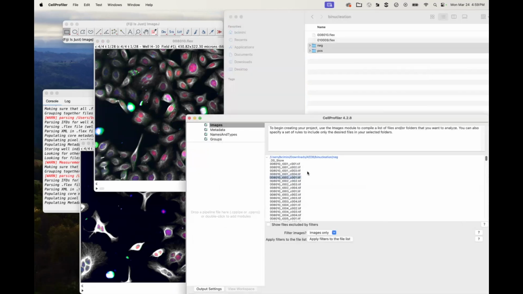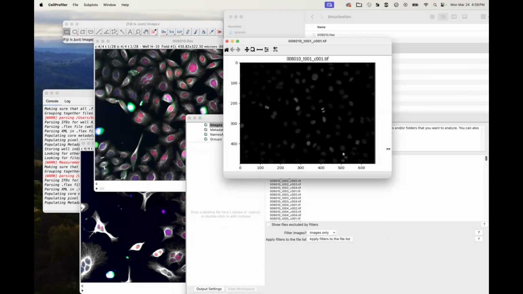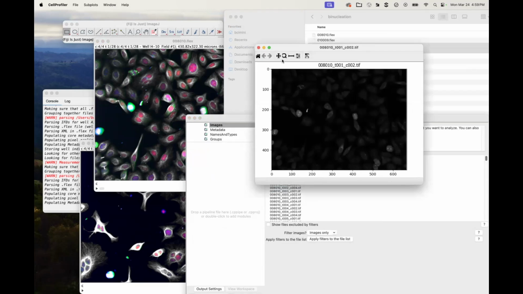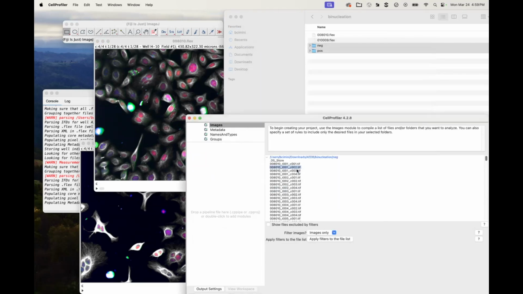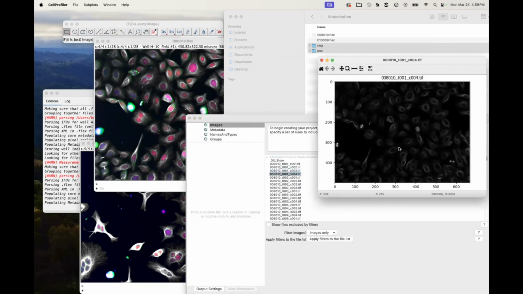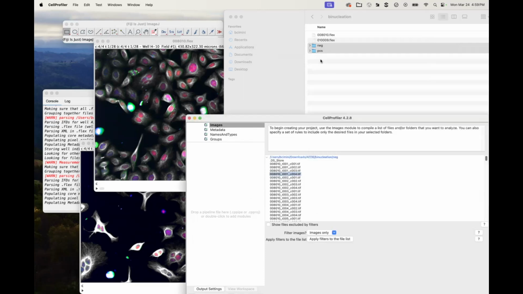So here I've dragged and dropped these in. We now have all of our individual things. I can click on each one, and there's our channel 1, our nuclei. Channel 2, our marker that we said was kind of cytosolic, but we weren't quite sure. This is the one we said might be mitotic, and this is the one that we said was definitely cytoskeletal. So if I wanted to load just the nuclear and the cytoskeletal ones, just so that I could get a quick sense of, I want to identify cells, this is what I would do.